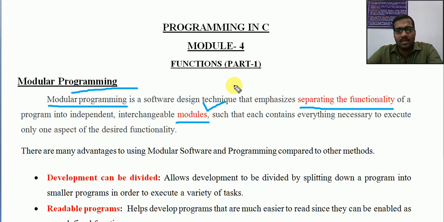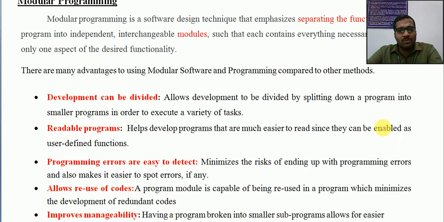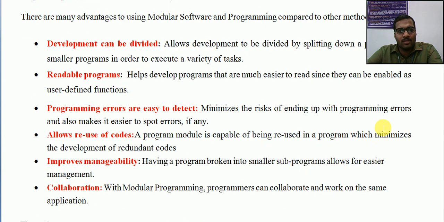This is a general programming concept. C is a language that follows the concept of modular programming. Now let us see the various advantages of using this modular software approach. First, the entire development can be divided into different sub modules. According to the task, we will have different tasks, and they can be given to different programmers. One module can be given to one person, another module to another person. Finally, we need a common program that accesses all these modules.